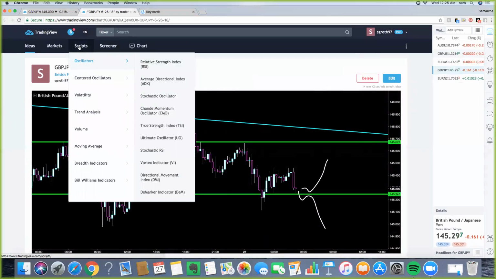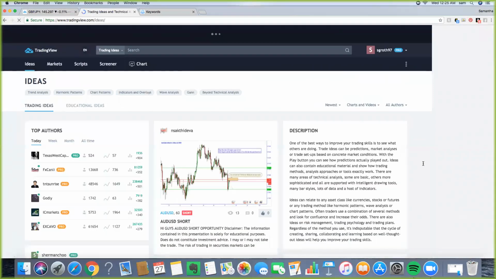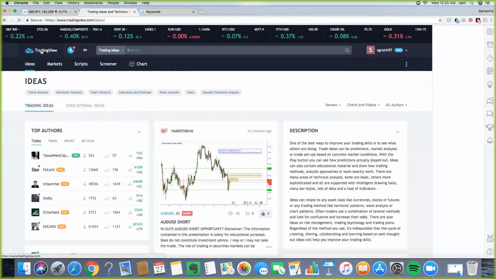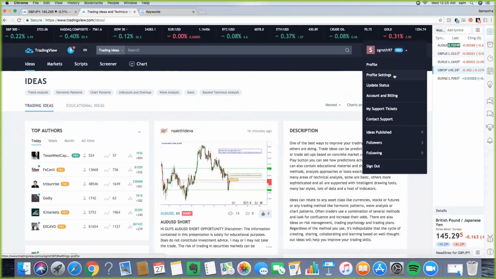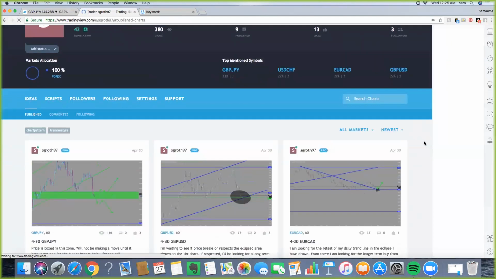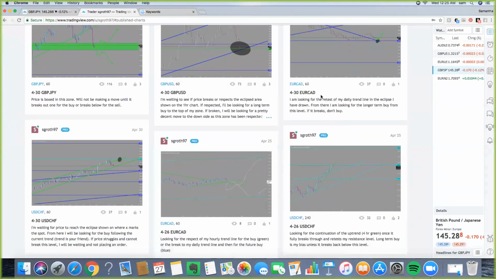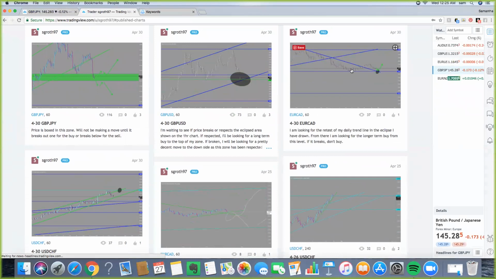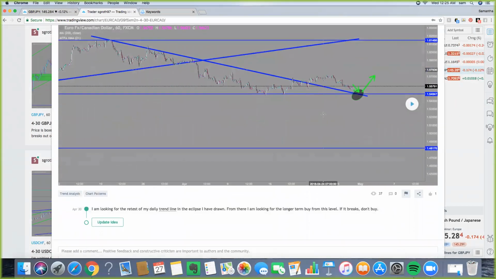So let me come over here and try to show you some of the ones I've done in the past, if I can get my TradingView to cooperate tonight. Here we go, perfect. So you see I have some markups from here. So let's just click this. This is a trading journal that I have done for a while.